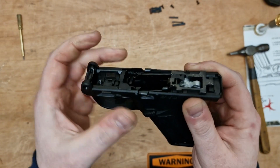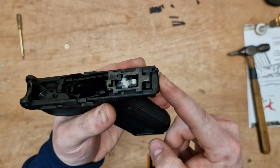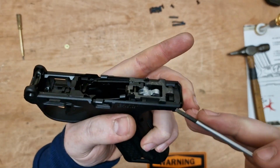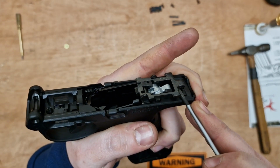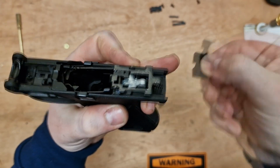And then we can start to push this thing out. But as we push it, we want to make sure this doesn't spring out and shoot off. So what we're going to do, we're just going to put something behind that, like a finger or anything else. I'm slowly going to move up the hammer assembly like so, just a little bit. Once it's moved up a little bit, I can pull this button off here,